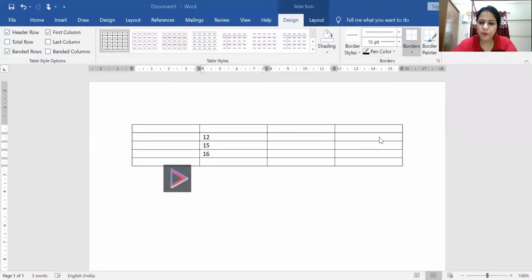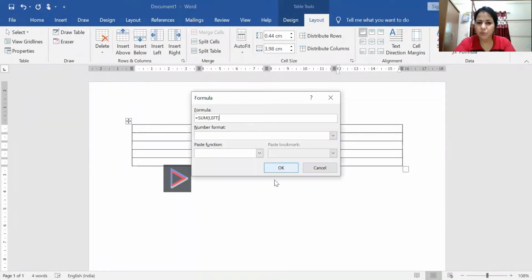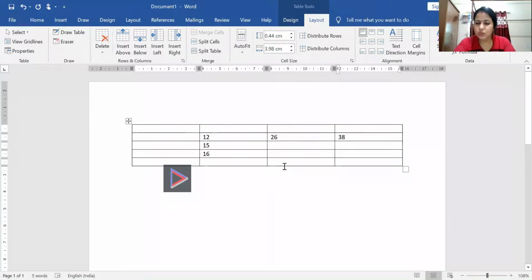Now all of you have seen how we add those two numbers. If the numbers are present in different columns, when we choose the formula, it will be calculated by adding, that is the sum of left. So if you go to the formula, it will choose the sum of left. Okay, now it will be calculated. Here there are two types of calculation you can do. Whatever numbers are present on the left hand side, you can calculate their sum, and whatever numbers are present on the upward side, the above side, you can calculate those too.